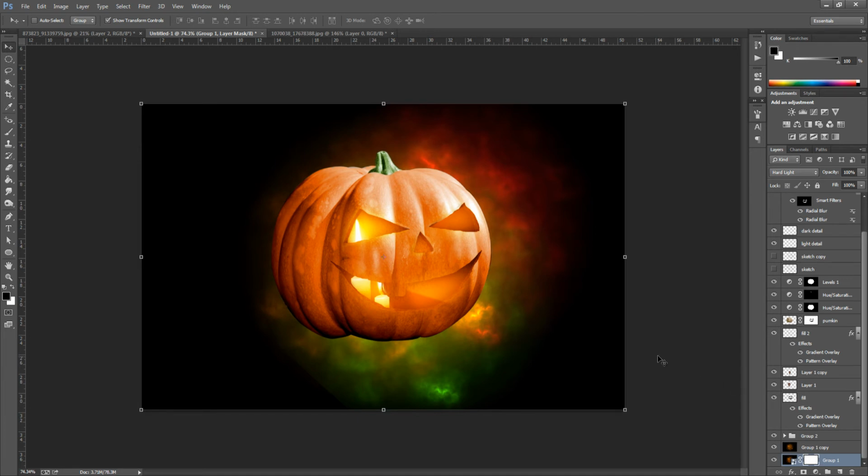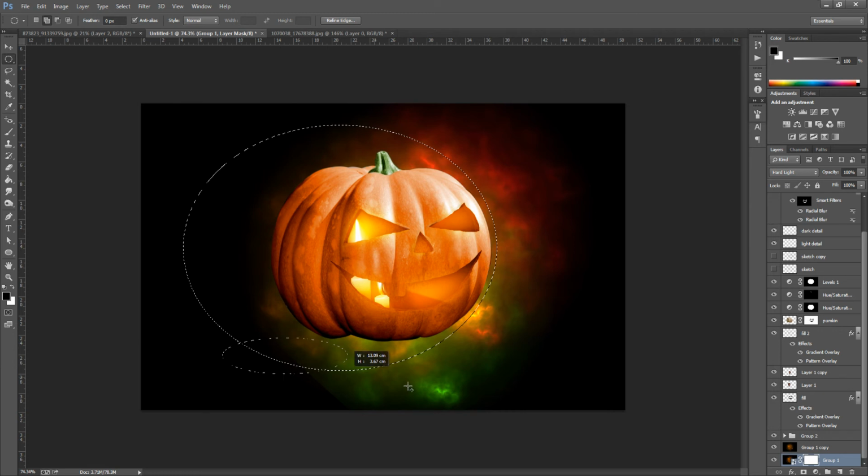And then all we're going to do is go up to the elliptical marquee tool. Might be hidden underneath the rectangle marquee tool, so click and hold that. And we're just going to add a bit more, so we're just going to drag out, so something to around about there, so it's more on the left than the right, so we don't want to edit too much on the right. And we're just going to hold down Shift on our keyboard, and add a little one down here, it's around about there.